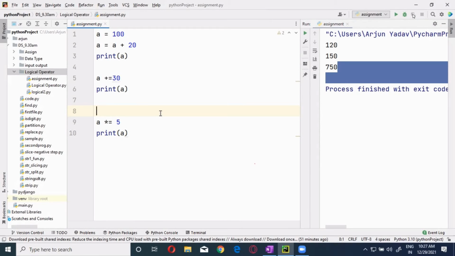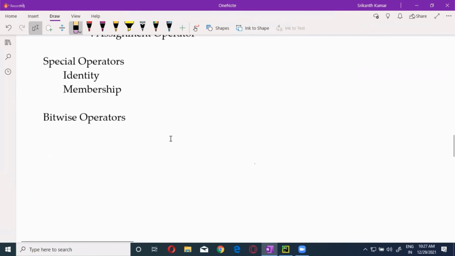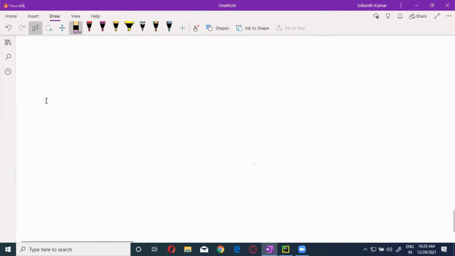Now this is all about operators. Now there is one more called the special operator, guys. The special operators are divided into two types. One, as I told you, is identity. The second one is the membership operator. Under the identity operator, you will have the is